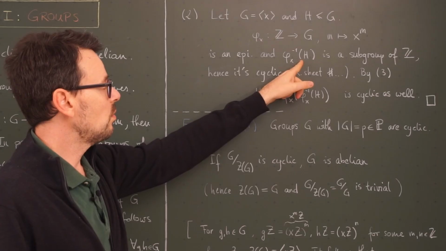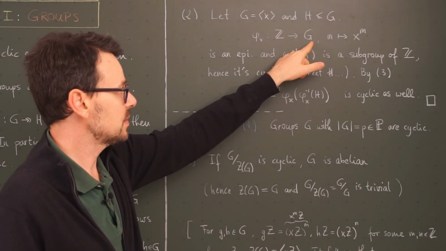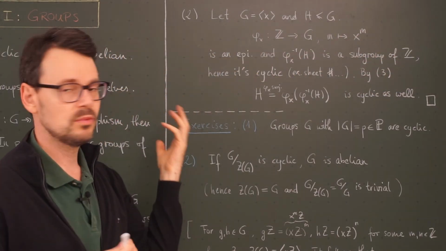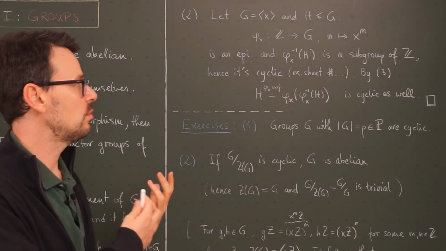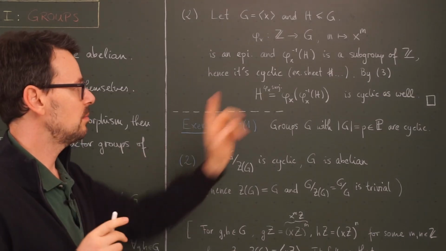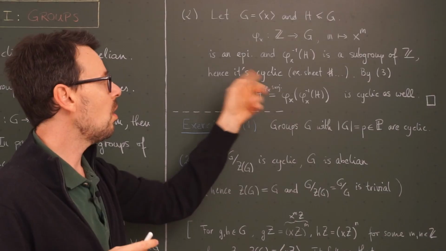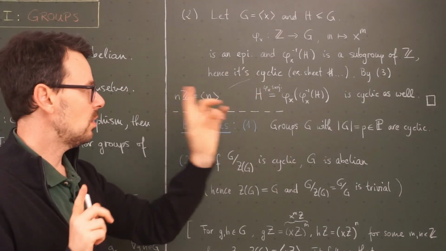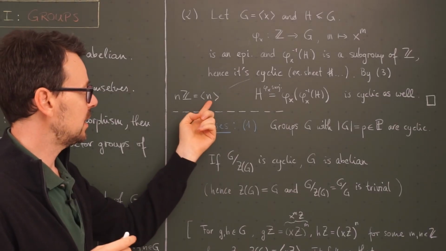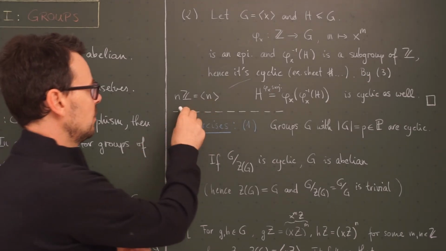Then, because it's a homomorphism, the preimage of H, which is a subset of G, is a subgroup of Z. We proved in general that preimages under homomorphisms always are subgroups. And now comes the important observation. Subgroups of the integers are always cyclic. They are always of the form n times Z for some integer n, which is exactly the cyclic subgroup of Z generated by n, because those are all